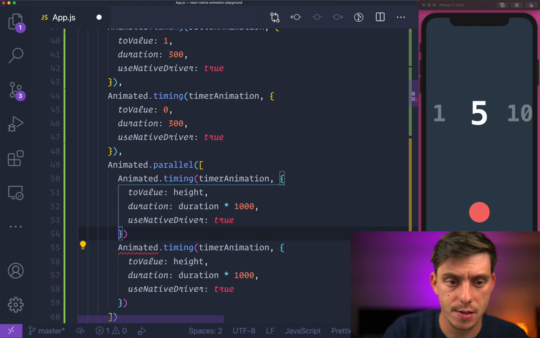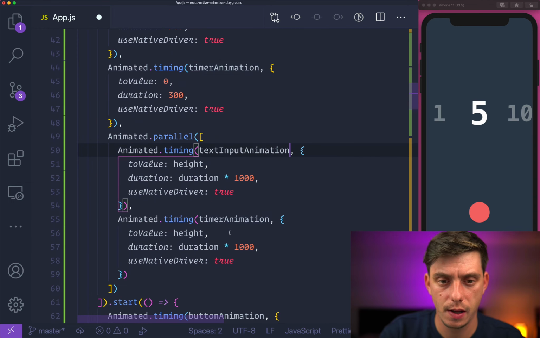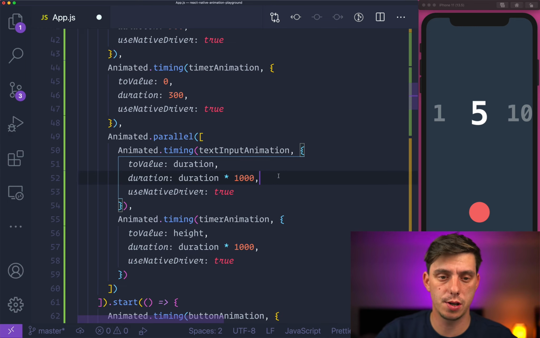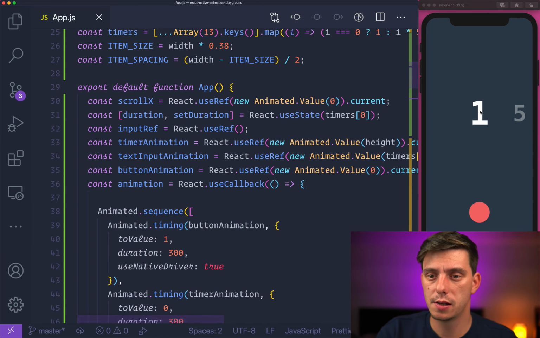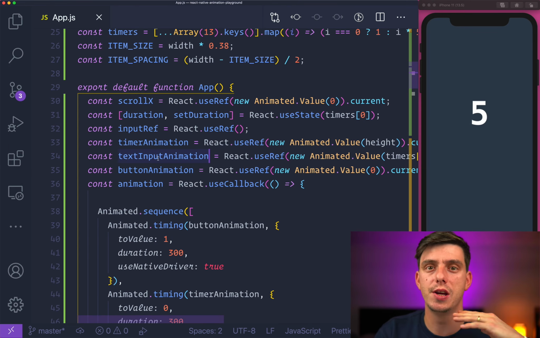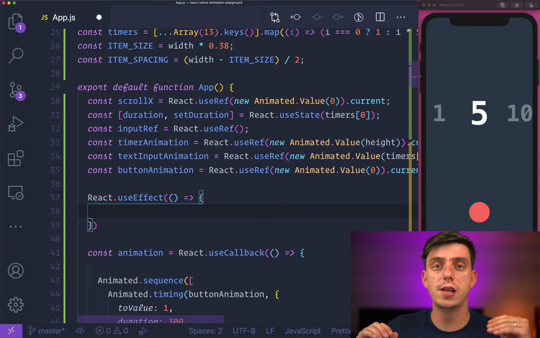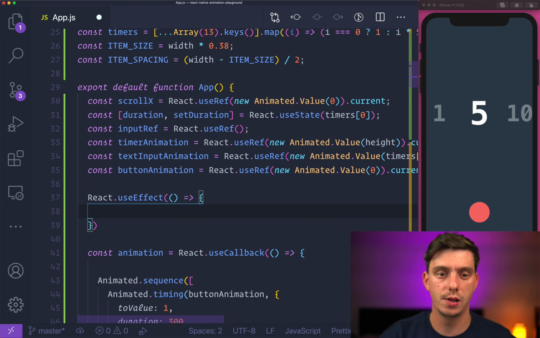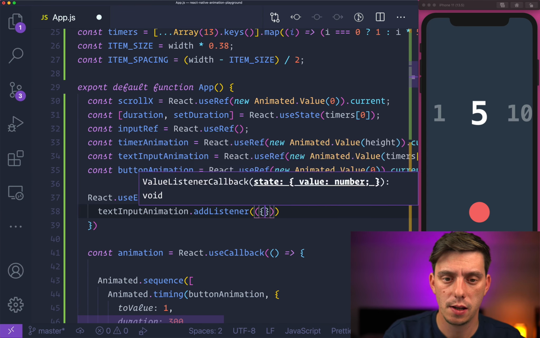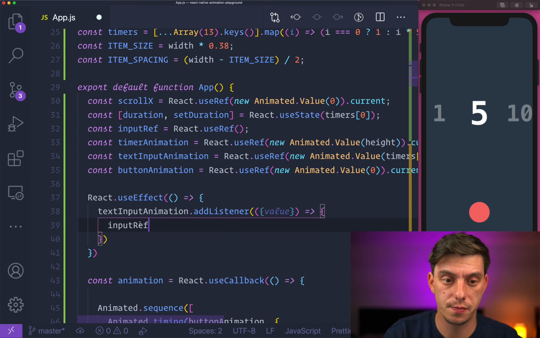And let's copy those guys here, and we can have a text input animation. But this time the duration is going to be the value, but the same duration as duration, right? Now if I hit save, nothing is going to be changed, but we have access to the text input animation value. And with that in mind, we can create React use effect. Here we listen to add an event listener to the text input animation. So text input animation add listener will get the value, and here inside we will do an input ref, get